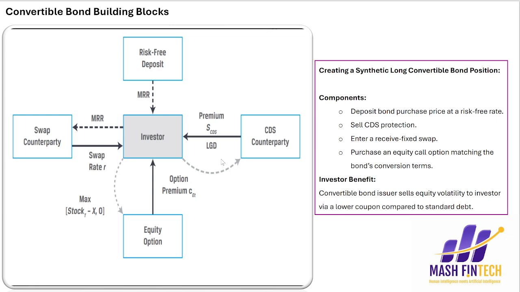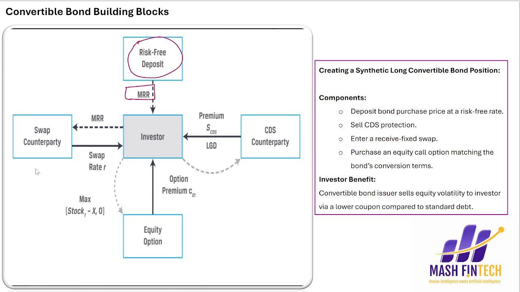And you can do this, you replicate these exposures using a strategy similar to the one that you can see here. So you put aside an amount of cash that is equal to the bond's purchase price, and then you put this money into a safe place. You deposit a risk-free deposit, which means you're going to earn on this risk-free deposit the market reference rate,